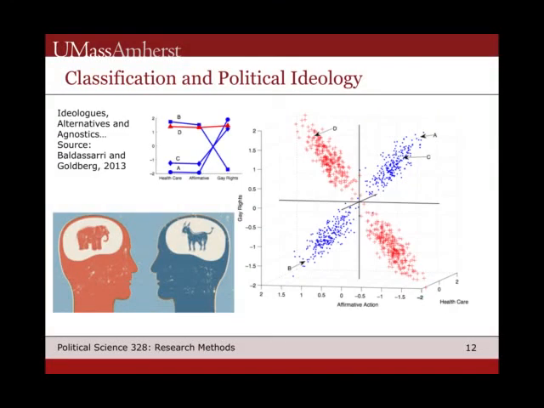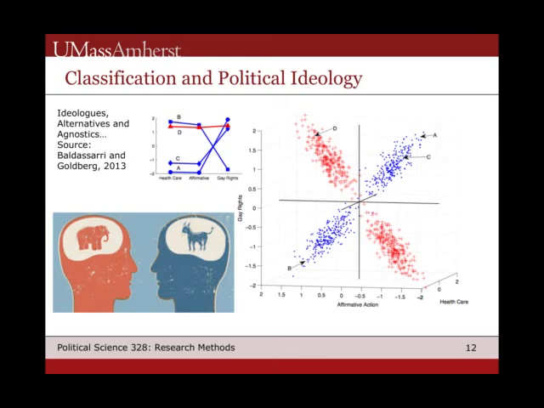Another great example here is with political ideology. This has actually become an issue for political scientists, but we tend to think that people are either conservative or they're liberal, for example, right? And so many political science papers are written with that understanding. However, there was a nice paper by Baldassarri and Goldberg in the AJS a few years ago that found that while it is true that the overall clustering of policy positions for about half of politically active Americans, about I think 35 or 40% of the population overall,